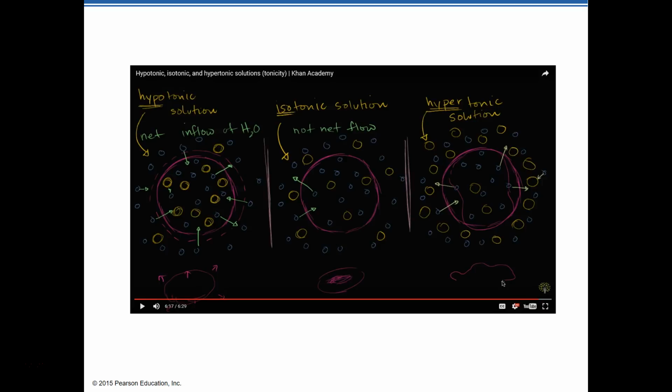Pause. There we go. So he's talking about hyper, hypo, and iso. Why is it important that you know that? One of the things that we routinely give to patients in the hospital, and even outside of the hospital, me as a paramedic, is something called normal saline. Okay, normal saline. Why is it called normal saline?